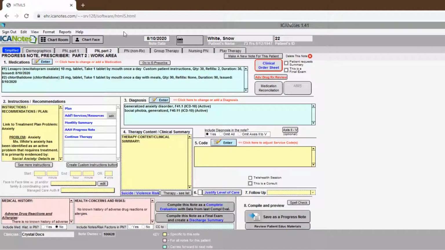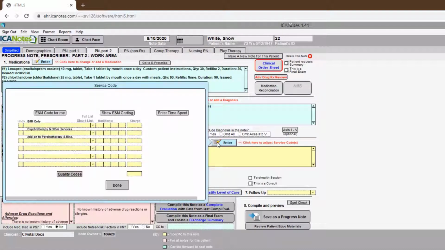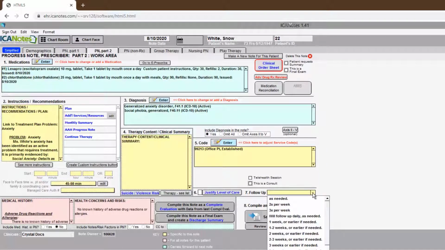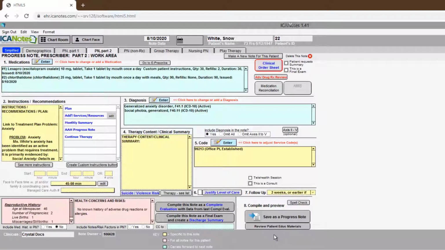Move on to additional areas as necessary, including diagnosis, therapy content or clinical summary, entering a service code, or, if you're enabled for auto-coding, selecting the E&M Code for Me option to score the highest reimbursable code. Note the time spent with the client and any authorizations required for the session, followed by Justify Level of Care